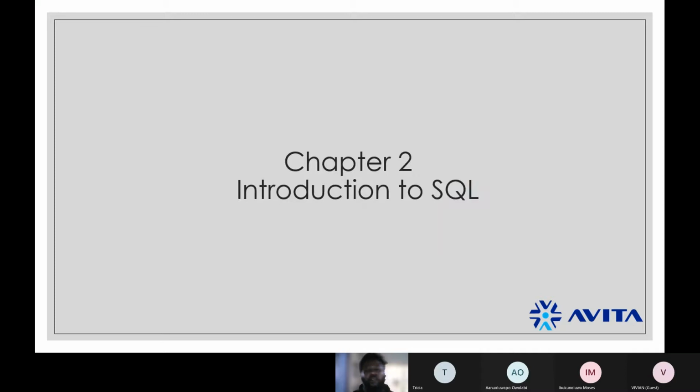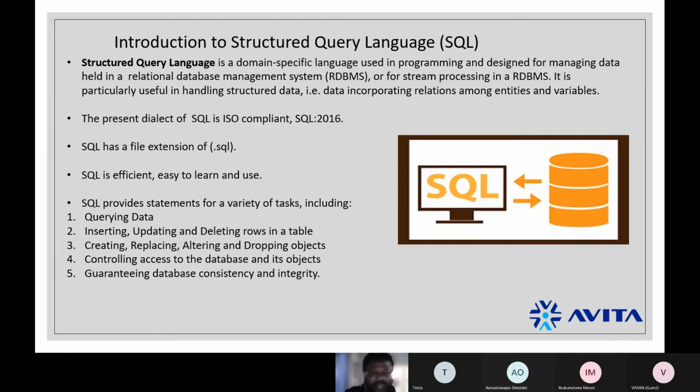Awesome. All right. So today we want to talk about introduction to SQL. Like I said, we're moving a little bit deeper, and I'm going to increase my pace a little bit, but don't worry, nothing's going to change. It's going to be like yesterday, and even better. So the skill that we're trying to learn is SQL, and so the question is, what is SQL? I've actually explained what SQL is, but we're going to go deep into it today and understand what it does. So, introduction to structured query language.